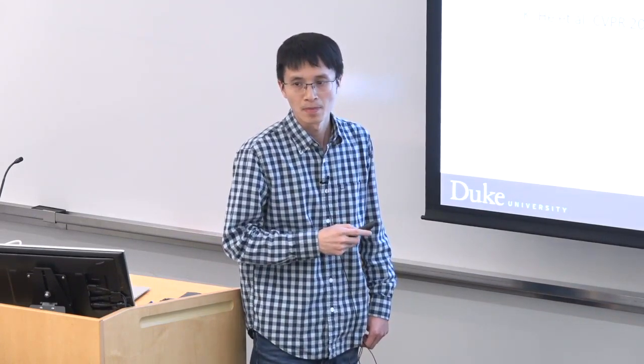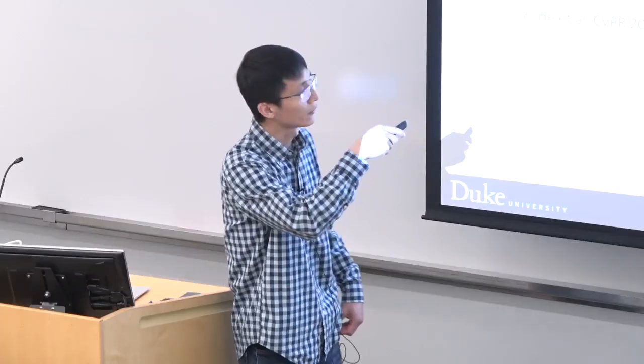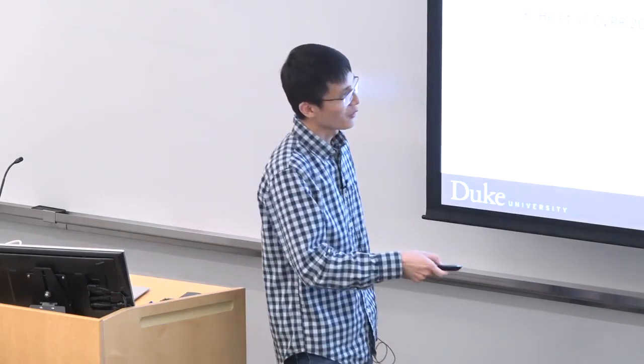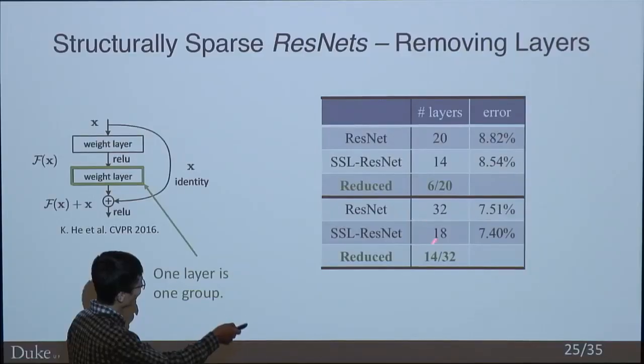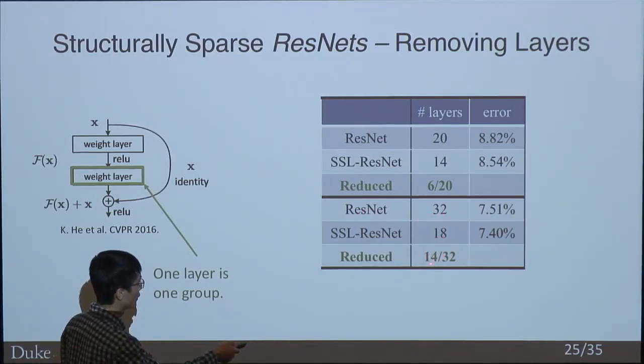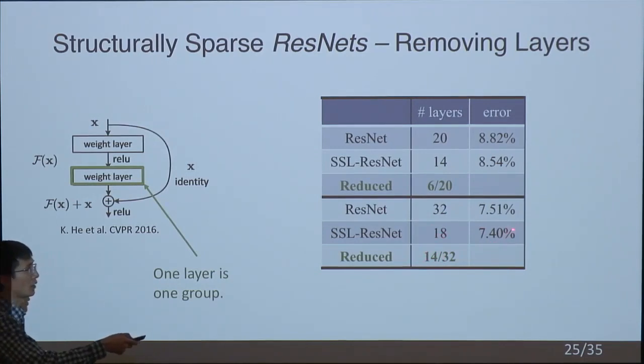Okay, does it mean the features at the bottom layer can drop as an input? Yes. Then the information can go through the shortcuts. So here is an experiment on CIFAR-10. On ResNet-32, we can reduce the number of layers by 14, but we get similar accuracy. There is a lot of redundancy in deep neural networks.